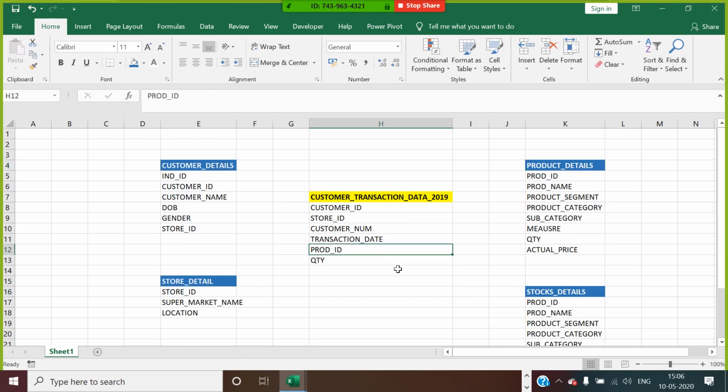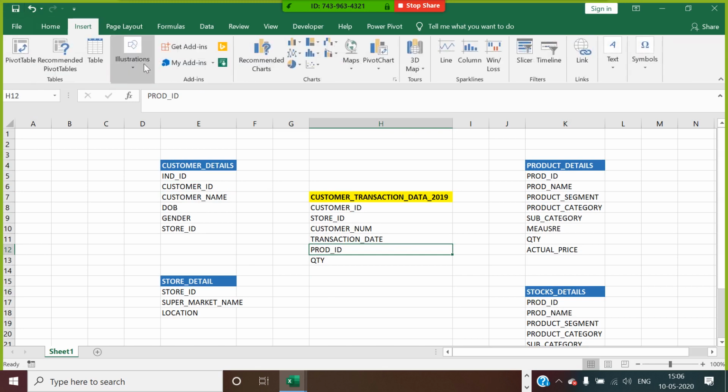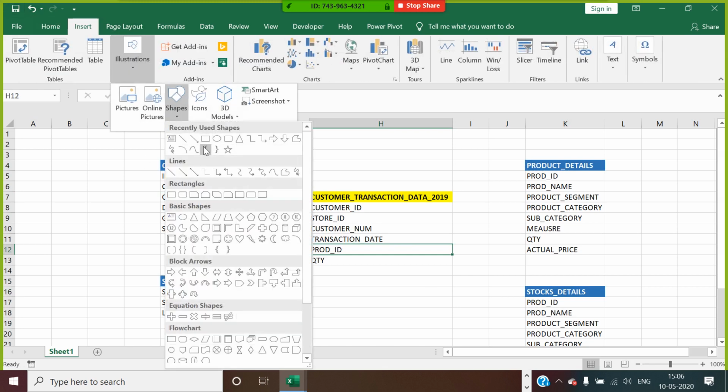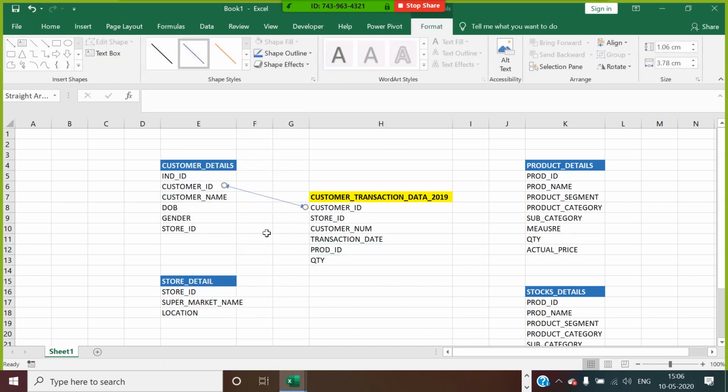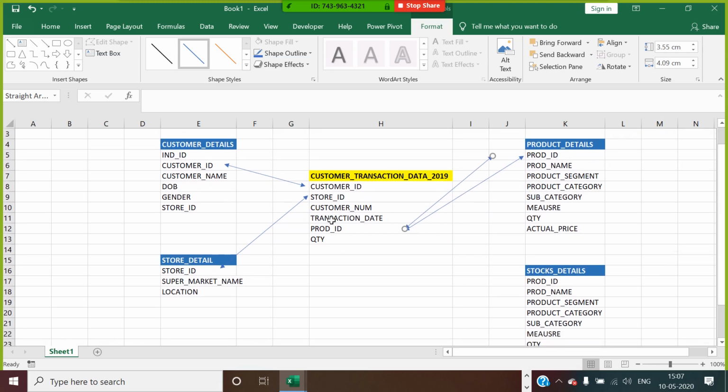So now if you want to design a data model in Excel, how will you go for designing the data model here? You will make a relationship between these tables using a VLOOKUP. VLOOKUP of what? Customer ID to customer ID. VLOOKUP on what? Your store ID to the store ID here. VLOOKUP of what? Your product ID to your product ID. VLOOKUP is on what? How to go for connecting your stock information to the store.